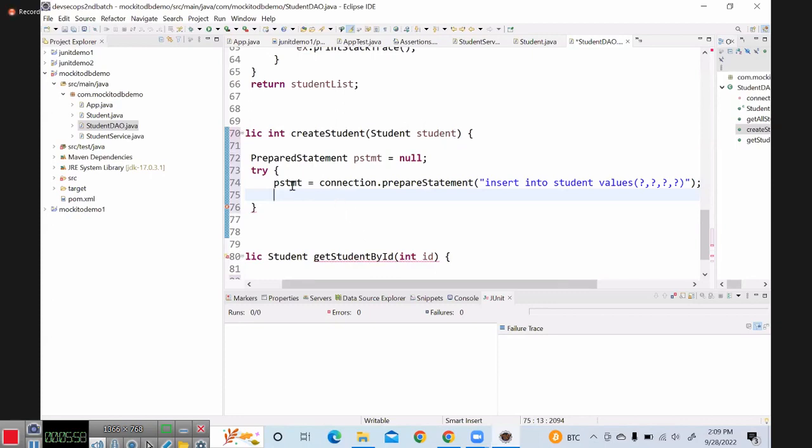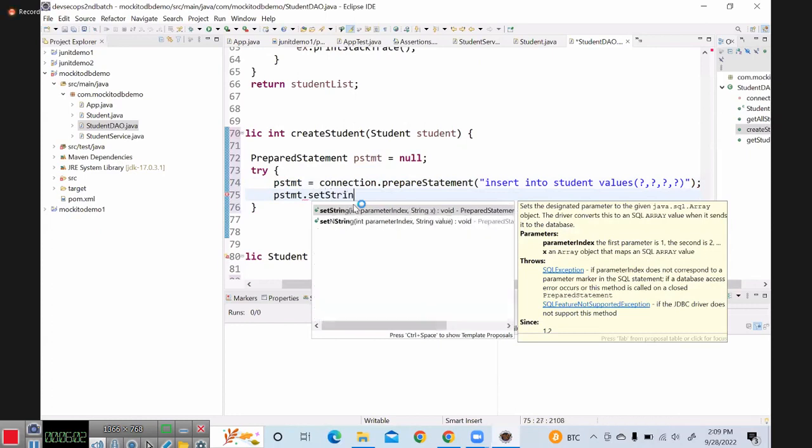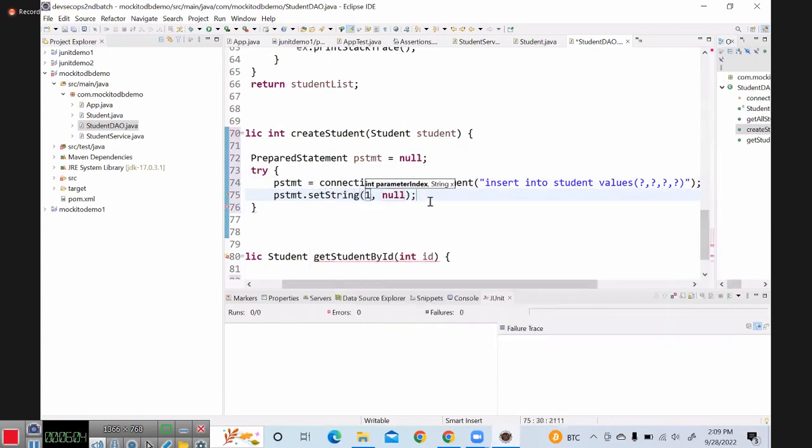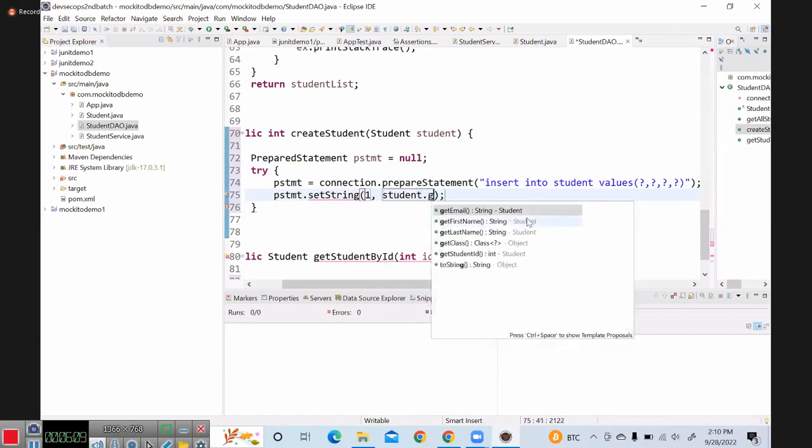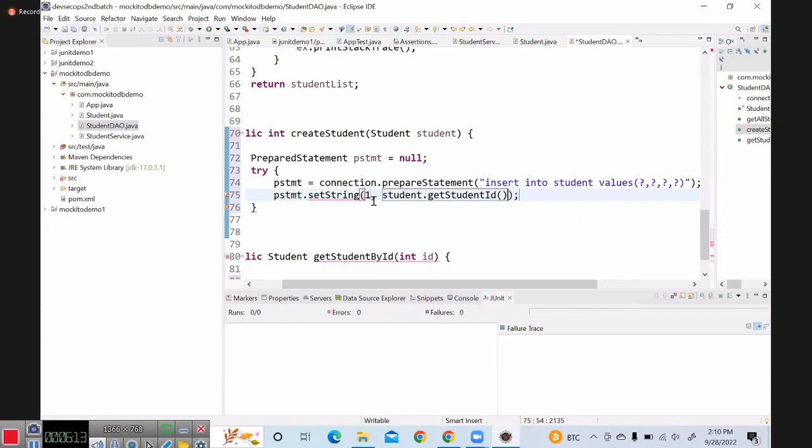Then I'll say PSTMT dot set string of 1 comma student dot get student ID. But this will be integer actually. Next is,